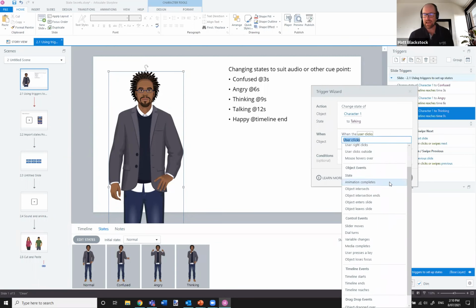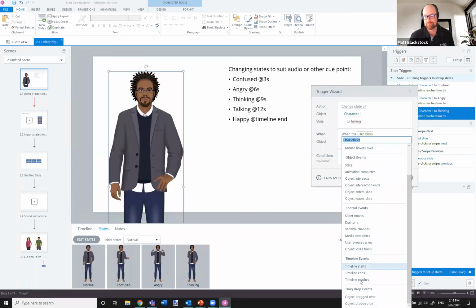Does it work for the photographic characters, Esther? Good question. With this particular one, you can use it with all the Illustrator characters, so the modern Illustrator characters and the classic Illustrator characters, but not the photographic characters because they don't have the expressions and poses built in. You've actually got to go and pick those particular photographic ones as you go.